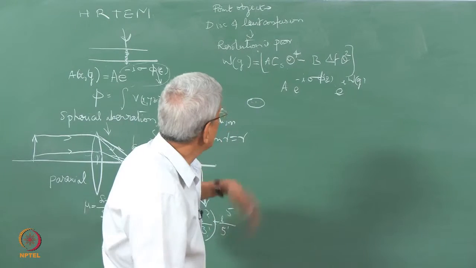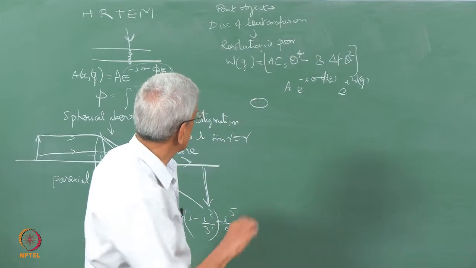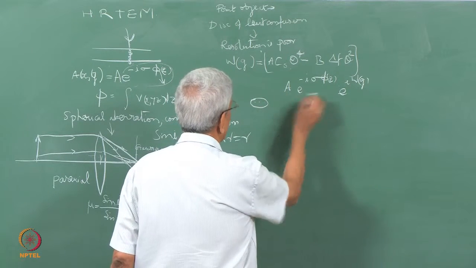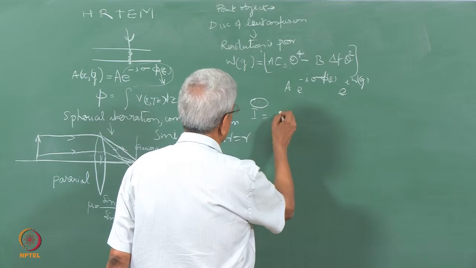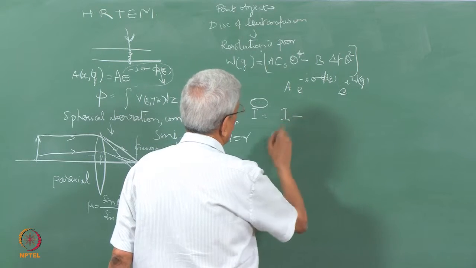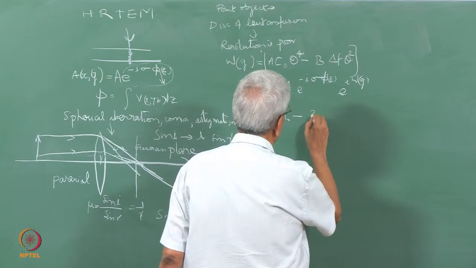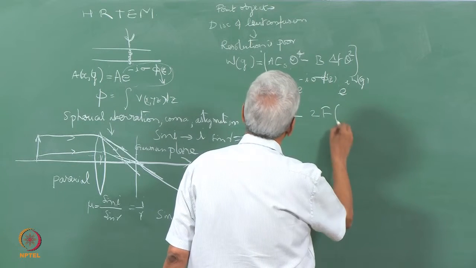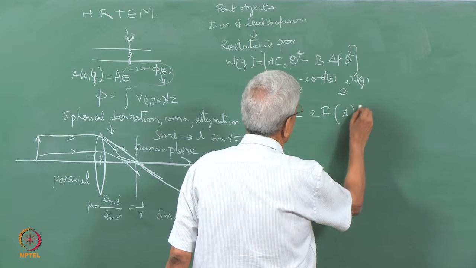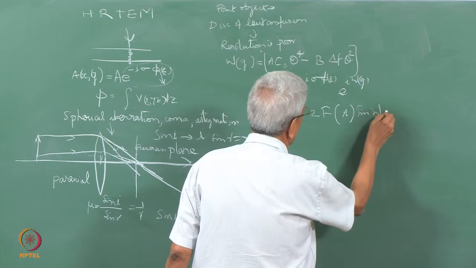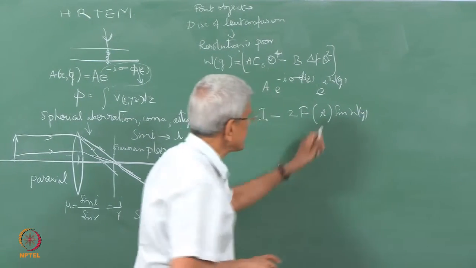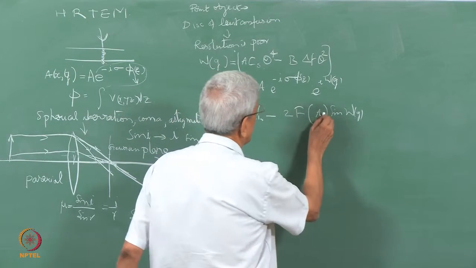So, when we do all the mathematics, finally, with respect to every scattered beam, we get a result that the intensity equals the intensity corresponding to the central beam. Then another factor which will come is the Fourier transform of this function a, into a term which corresponds to sin Wg. Essentially, this will be a of g.